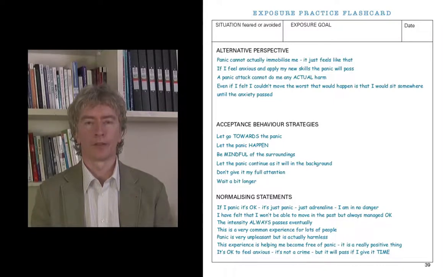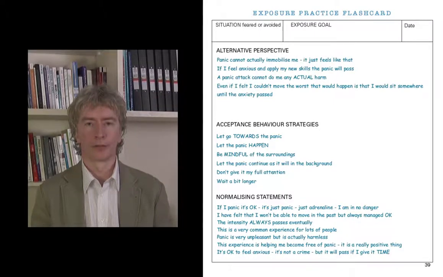Be mindful of surroundings, okay? Rather than zooming in on the symptoms again, which increases them, be mindful of surroundings. Let the panic continue as it will in the background. Don't give it my full attention. Giving it your full attention is simply increasing the sensations.